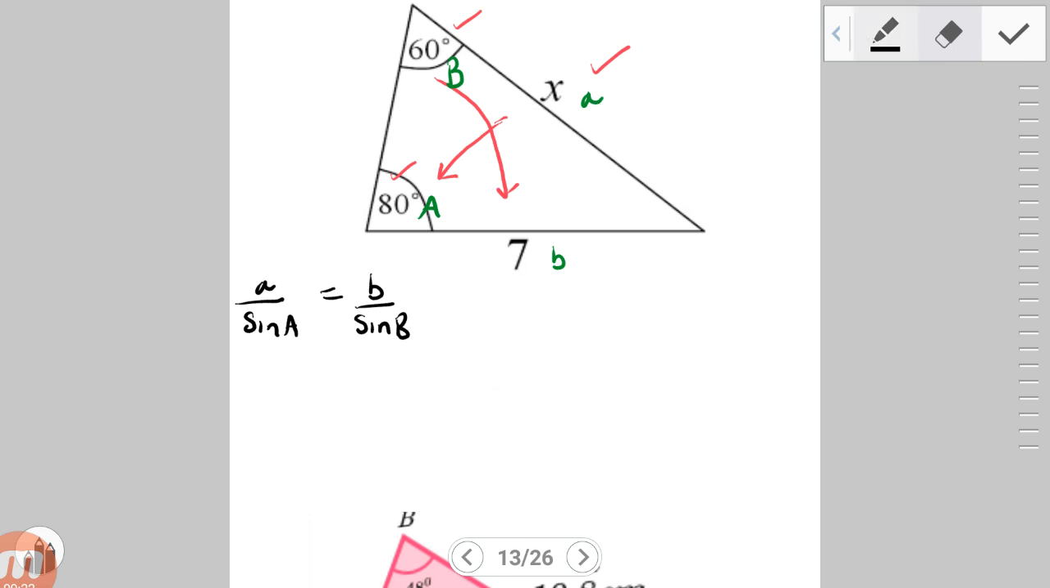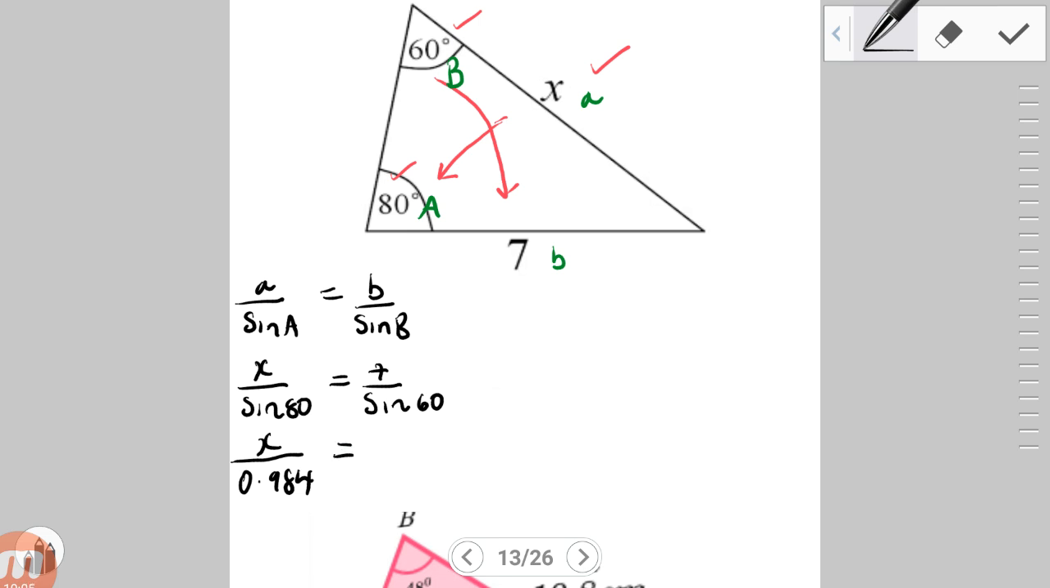So we can go right ahead and say a would have been x here, divided by the sine of the angle facing x, which is 80 degrees, and that's going to be equal to b, which is 7, divided by the sine of the angle facing 7, which is 60 degrees. So we can hop onto our calculators now and say x divided by the sine of 80 degrees. So sine of 80, please ensure that your calculator is programmed in degrees. So that's 0.984